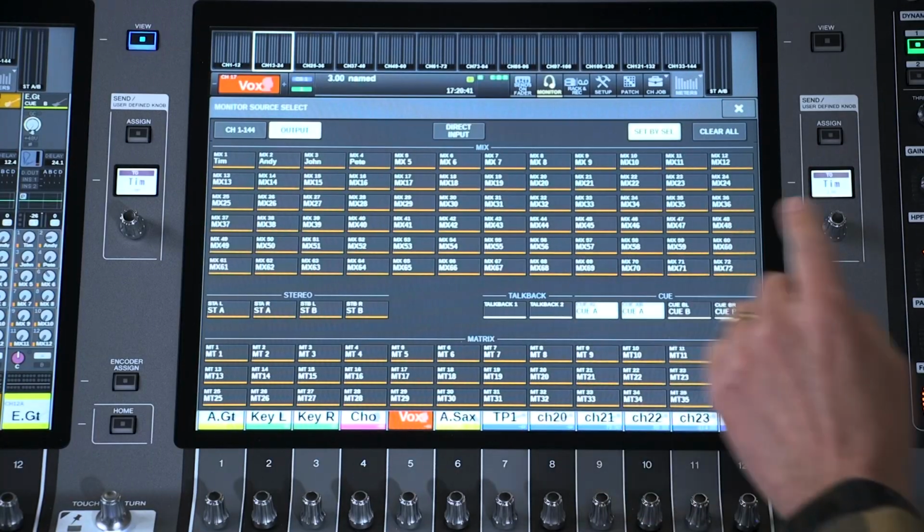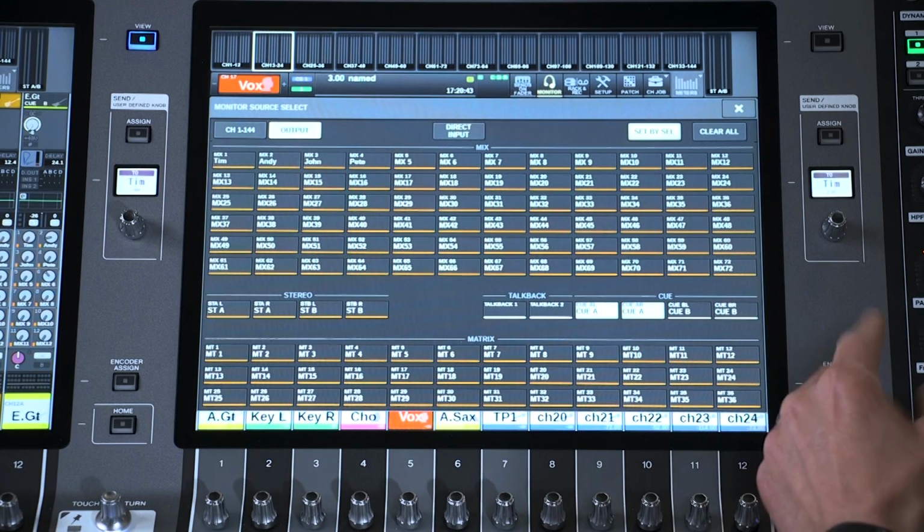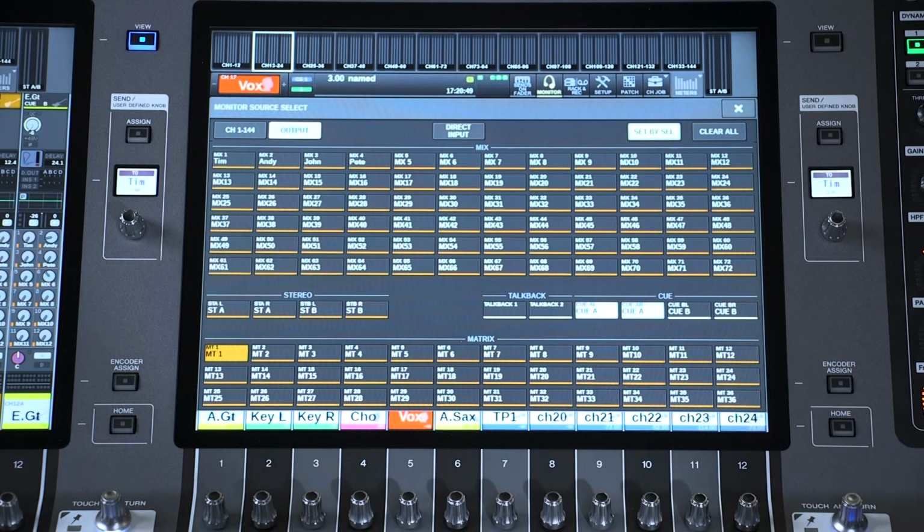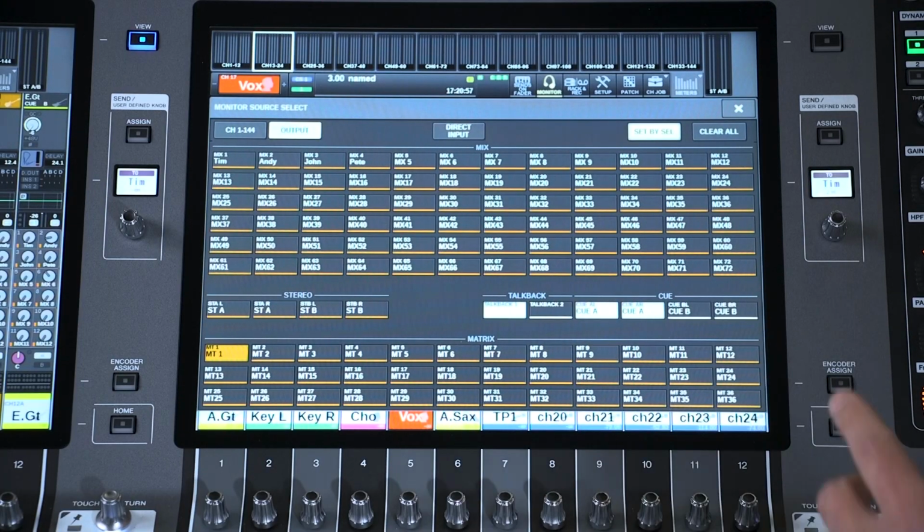Select the main output you want to listen to, probably the Q bus, so you can hear any channel you need. Add to that a matrix bus, which you are using to sum all the communication mics you're receiving from the backstage crew. And add your own TalkBack mic so you can verify that your sound is being transmitted out to the other colleagues.